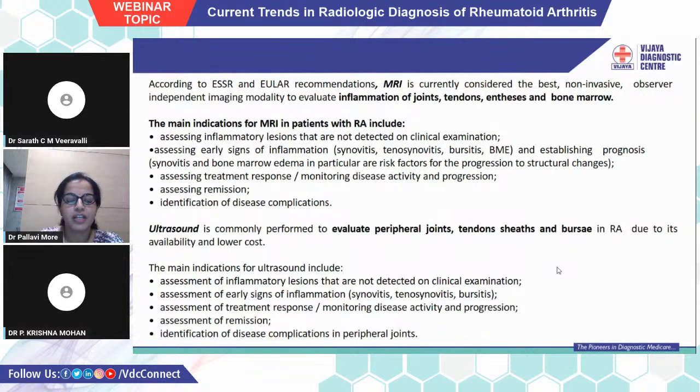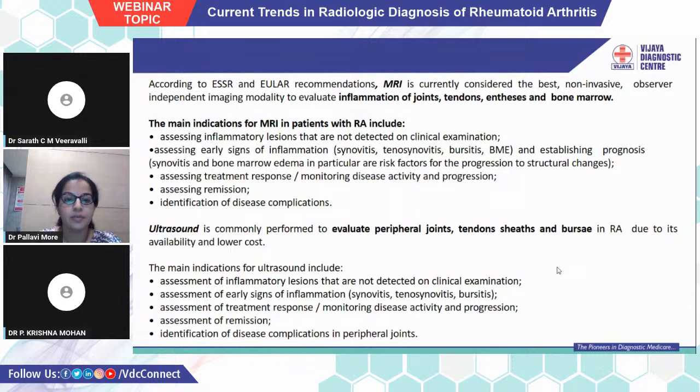According to ESSR and EULAR recommendations, MRI is currently considered the best non-invasive independent imaging modality to evaluate inflammation of the joints, tendons, entheses, and bone marrow. The main indications for MRI in patients with rheumatoid arthritis include assessing inflammatory lesions that are not detected on clinical examination, assessing early signs of inflammation such as synovitis, tenosynovitis, bursitis, bone marrow edema, and establishing the prognosis, including